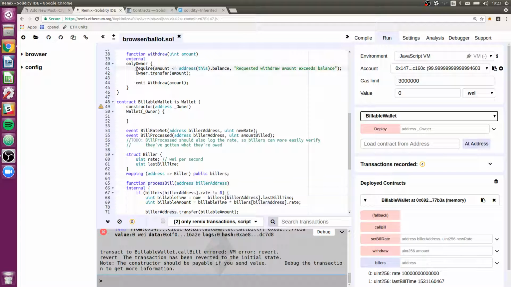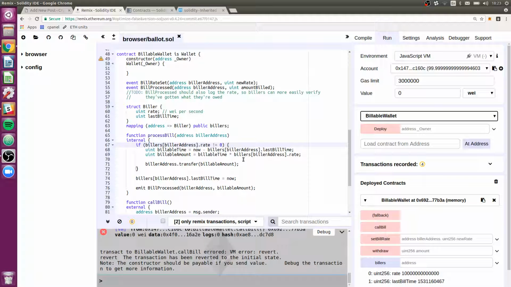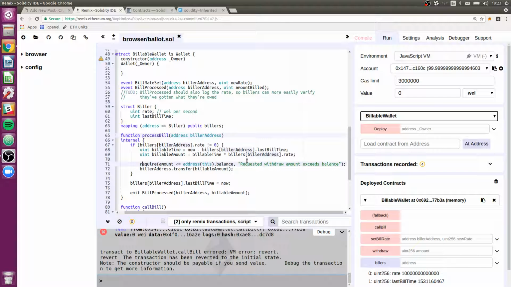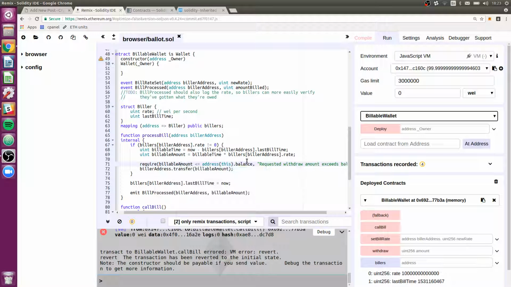So I'm just going to copy this over and we'll change the message a little bit. We're going to do that and then require that billable amount is less than the balance, or less than or equal to, and then we'll just say